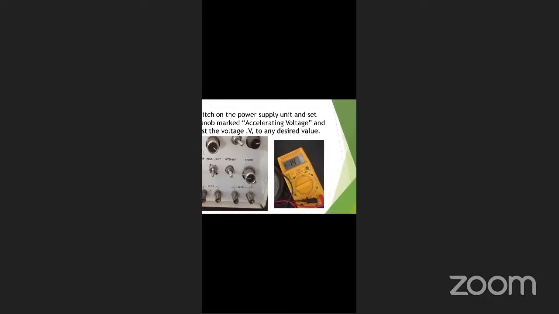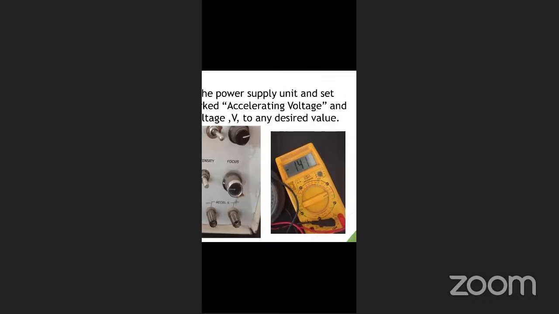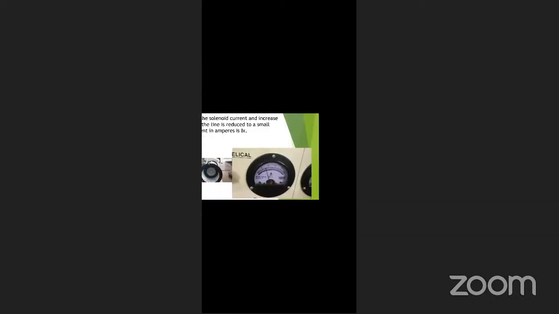So from which we can find the accelerating voltage. Here we can see that we will find the accelerating voltage from this step. We will set the knob to the accelerating voltage and increase it until we get the desired value. We increase the value of accelerating voltage many times. Okay, so we will get the accelerating voltage from those steps, and now we have to find the value of